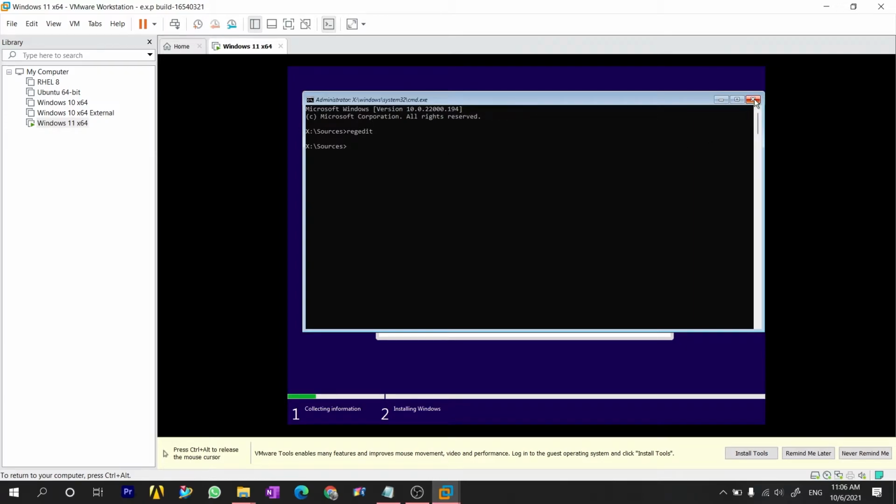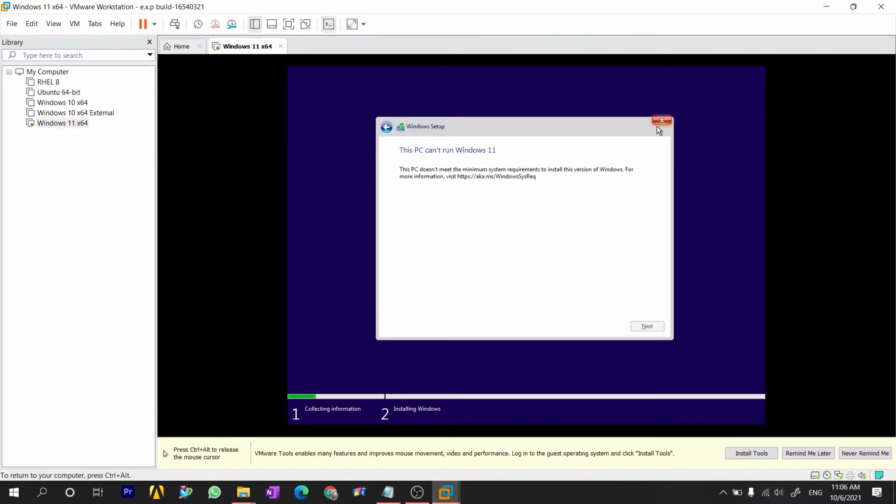Okay, now we can exit and then press the back button, and then again next.